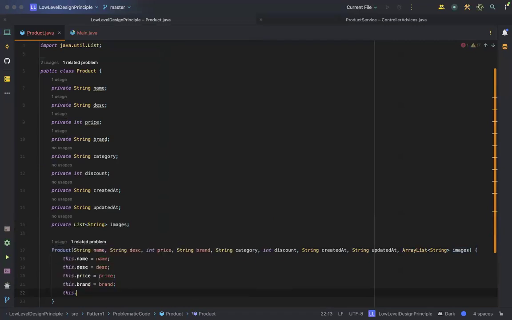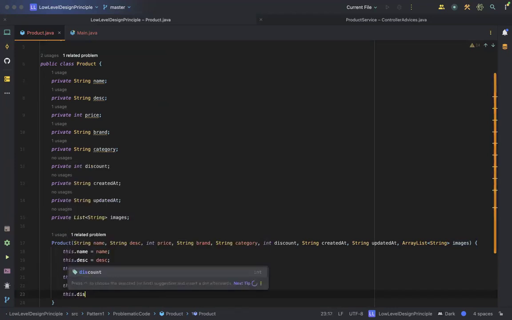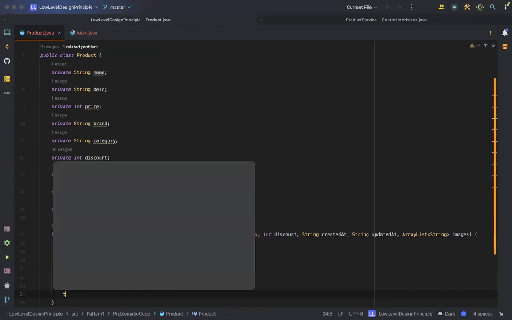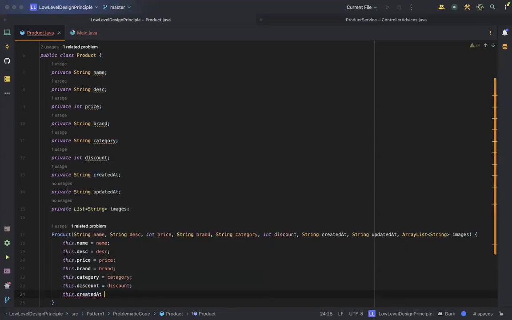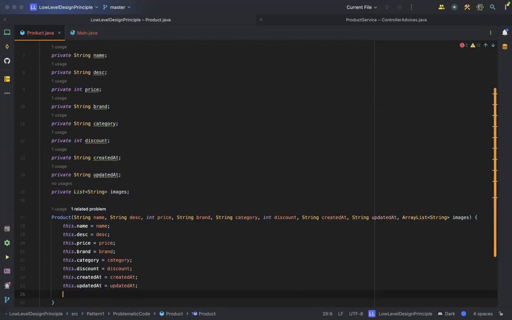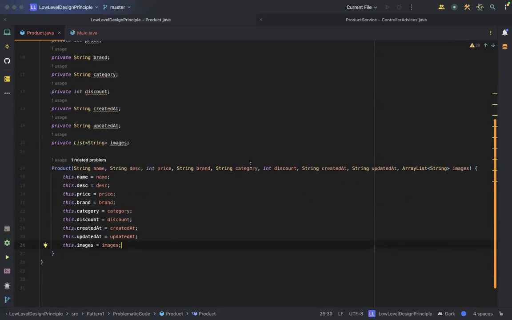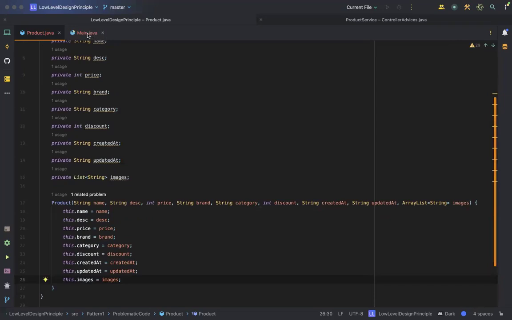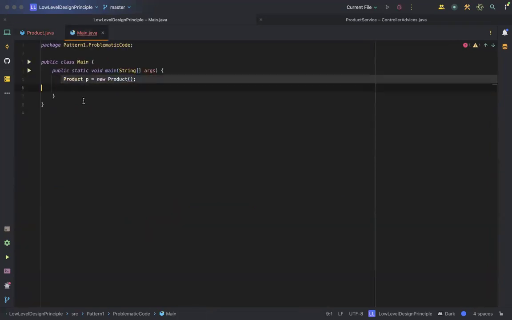Brand is equal to brand. Category is equal to category. Discount is equal to discount. Created at is equal to created at. Updated at is equal to updated at. And this.images is equal to images. Okay, cool. So ideally, your class will start looking something like this. Now, when you are actually going to create a product, what you have to do is